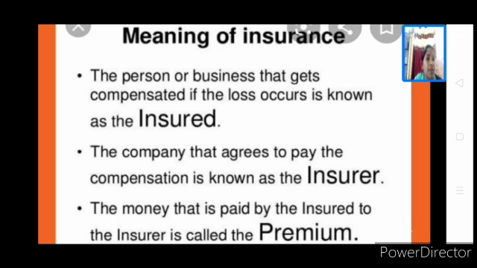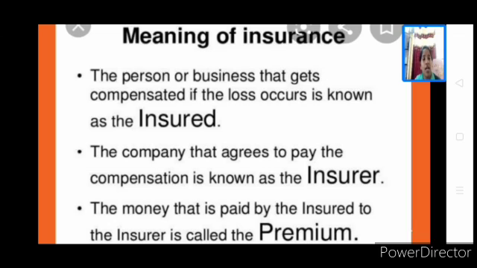The money that is paid by the insured to the insurer on a periodical basis, regularly up to the period of maturity, is called your premium. This is the consideration, the premium, for which the insurance company actually works. I told you the premium will be paid regularly. Only if loss happens will your money come back as assured. How much they have assured you, that much amount you will get back. In general insurance, only if damage happens, but in life insurance, the damage may or may not happen. For example, I have taken life insurance, I am speaking about.